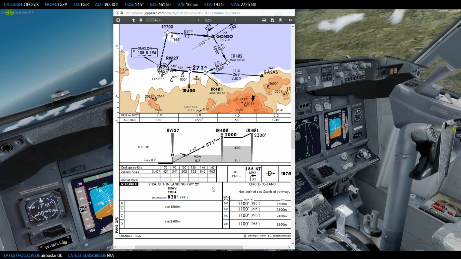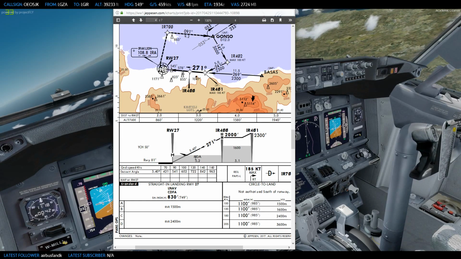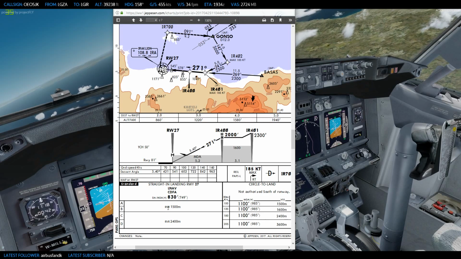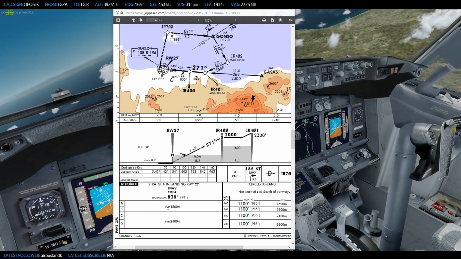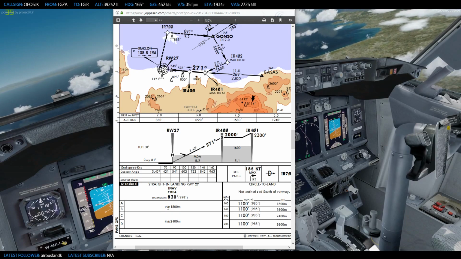Actually, just another quick tip. I don't know if Black Box mentioned it yet. Do you know what's different between decision altitude and minimum descent altitude, or decision height or minimum descent height? Do you know the difference between these two